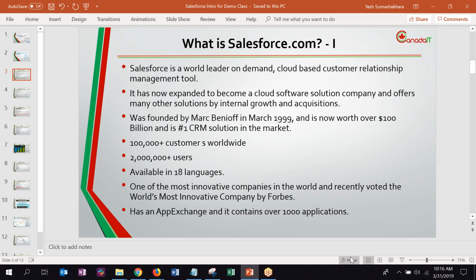So if you are interested in continuing in Salesforce, I would recommend you to go join this. I will probably show it in the coming classes on how to do it too, and it's very helpful. Okay. So the next slide that I'm showing you right now is why learn Salesforce.com, right?